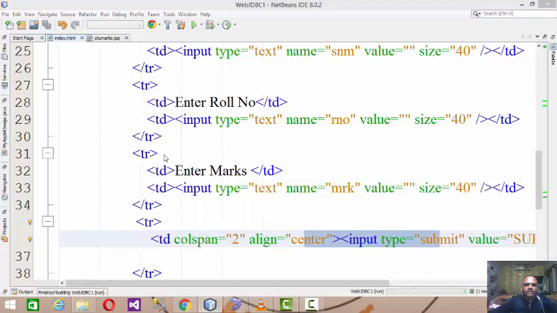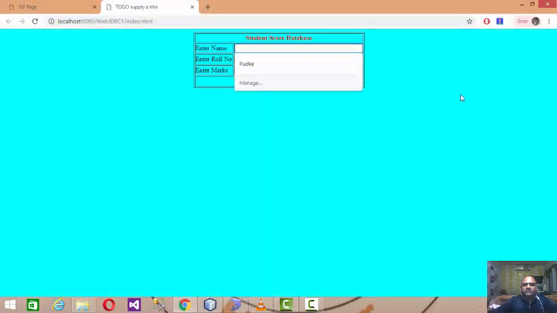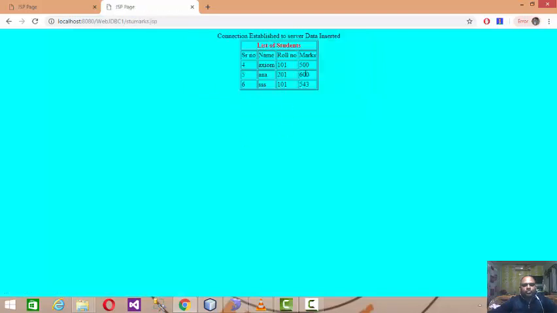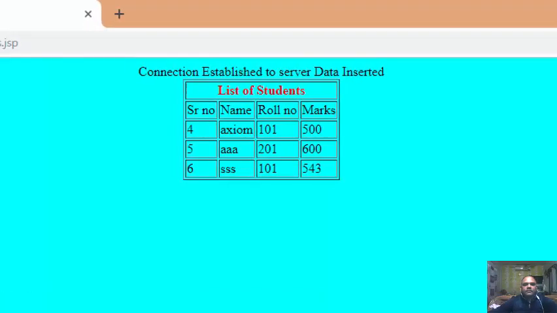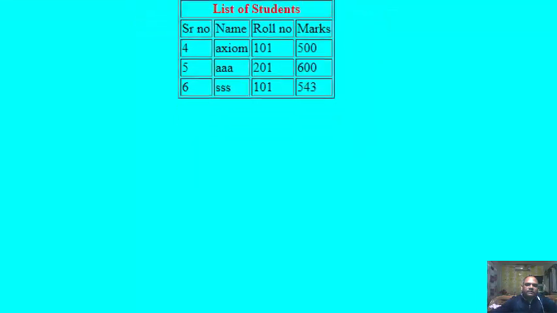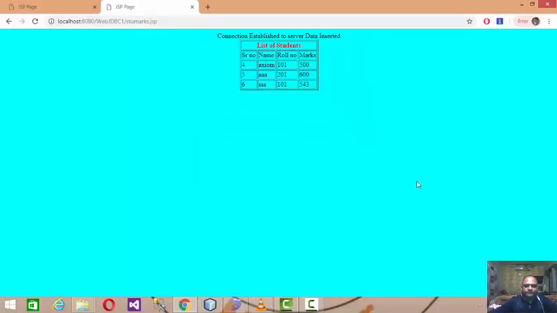If you insert the data, the data goes to the server, it establishes the connection, it inserts into the server, and then it will fetch all the data available on the server over here.